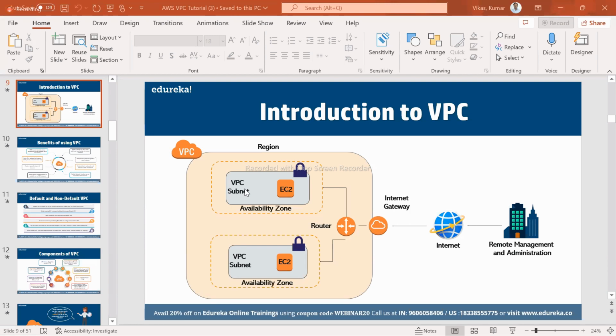But definitely from a company perspective, I should have a custom VPC where I will provide my own IP range and my own set of attributes. So let's go ahead and see how can I do that. So if you come here towards the end,